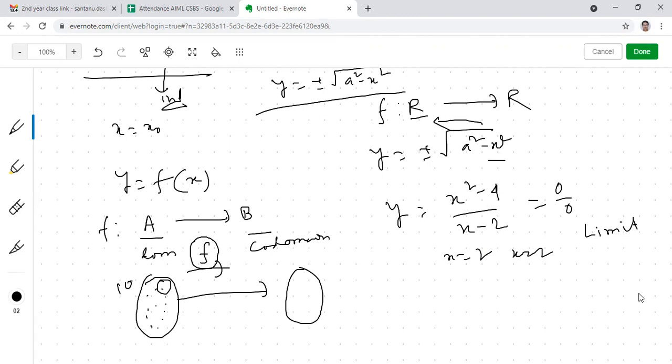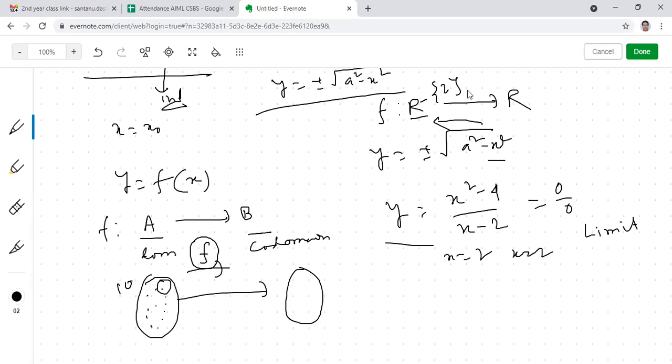If an approximated value exists for that particular function at x equals 2, then we say that the limit exists, and the domain can be this. Let's say at x equals 2, it is not possible for us to provide any approximated value of the function. Then if I consider that this is a function on this domain, it is not true. Actually, I need to rectify the domain. If I exclude 2 from this domain, then this is a function.